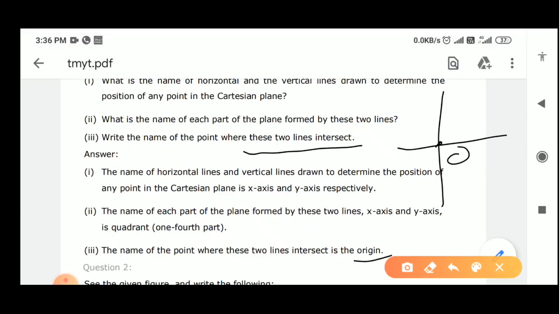So this was your exercise 3.2. I have given some definitions in the PDF. Just copy down the definitions and learn them, and exercises 3.2 and 3.3 both we will do together in the next class. And for 3.1 I have just given the solution. You have to read 3.1. No need to solve 3.1 in the copy. Thank you.